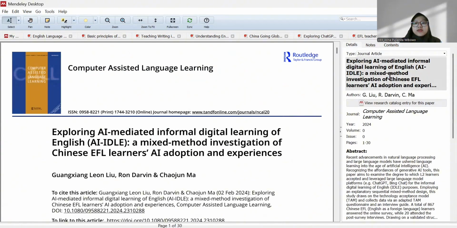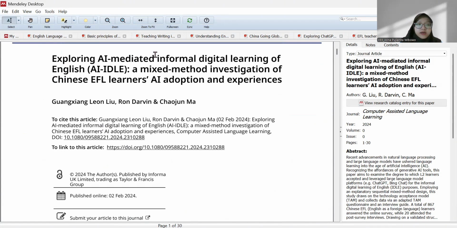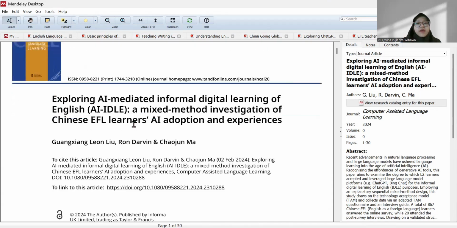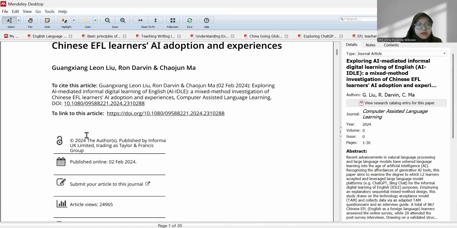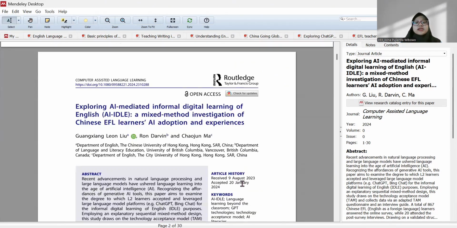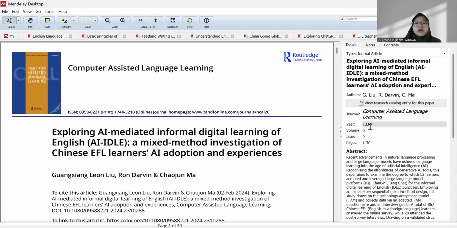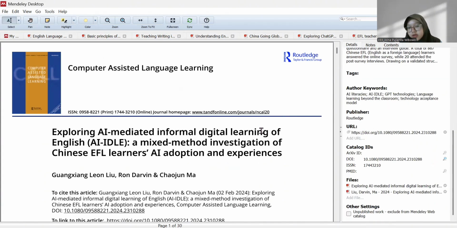the title is Exploring AI Mediated Informal Digital Learning of English. And the authors, this is the authors. Year of publication is 2024. Volume, this is now volume and issue, and pages is 1 to 30. And publisher is Routledge, Taylor and Francis Group. And next,